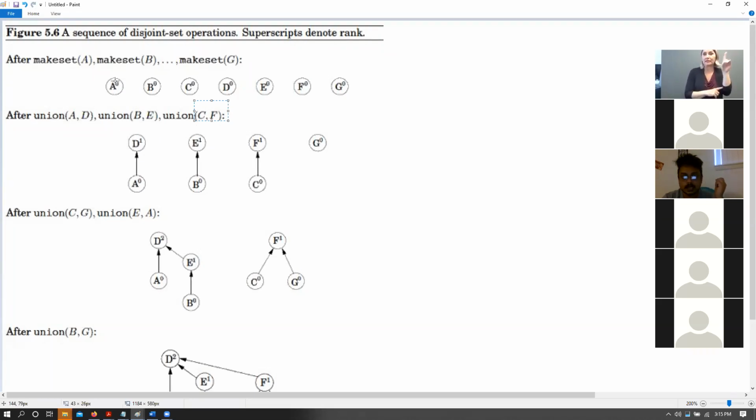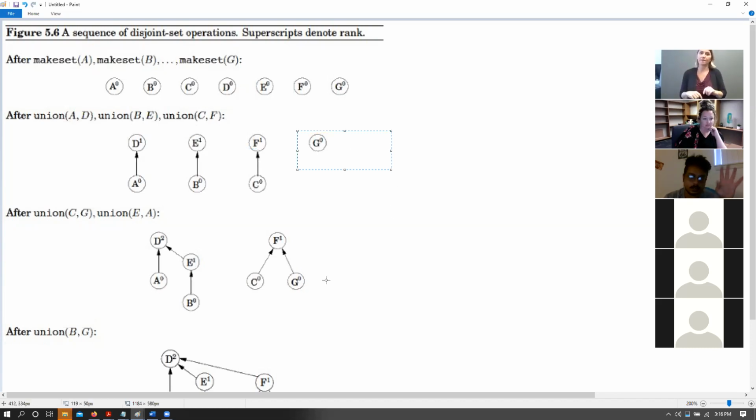Now note those numbers up top here, where initially everything is 0. Then once we add the edge A to D, A's value is still 0, but D's value now becomes 1. So this particular number is called the rank of a vertex. It is essentially the number of levels beneath a particular node. So D has one level beneath it, so D gets a value of 1, E gets a value of 1 with B connecting to E, and F gets a value of 1 where C is connected to F.